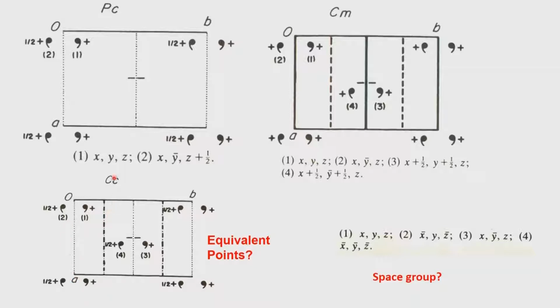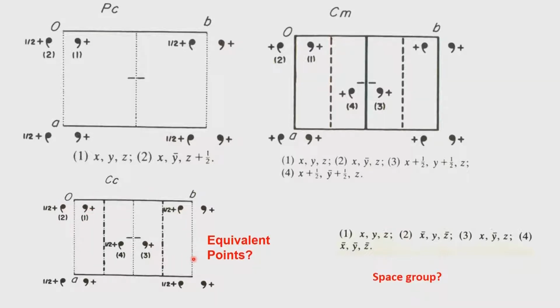Now we also have the C-centered lattice. The C-centered lattice will generate 0.1 and 0.3, same logic as we used in the case of CM. Using the same logic as we used here, we generate 1 and 3 by C-centered lattice. 2 and 4 are the operations due to the C glide. Now C glide being at 0 will automatically generate 1 at half position because of translational periodicity, and we have this as well. So we can now bring all 4 points inside the unit cell.